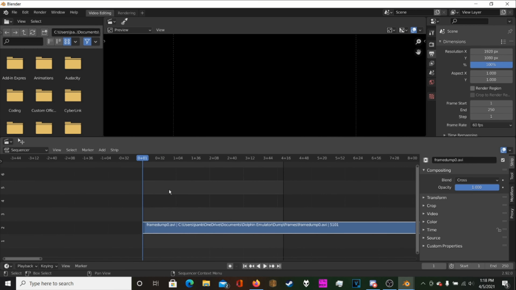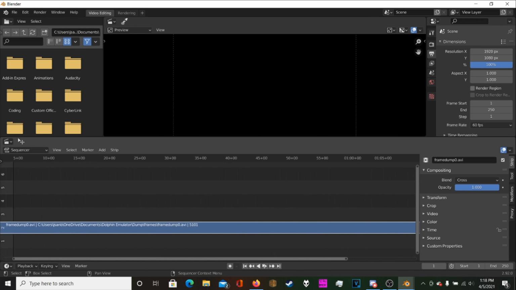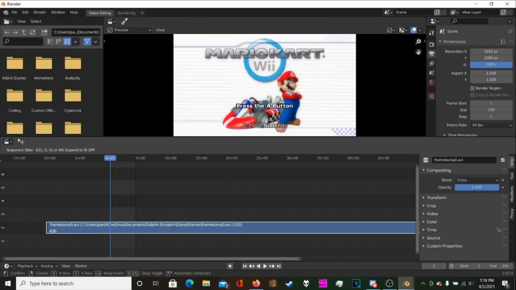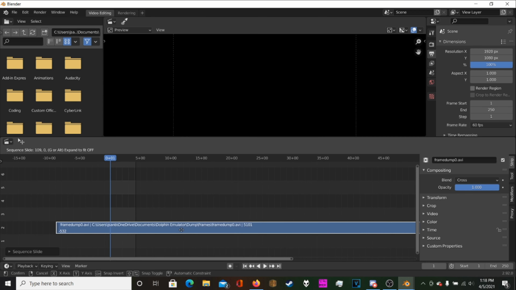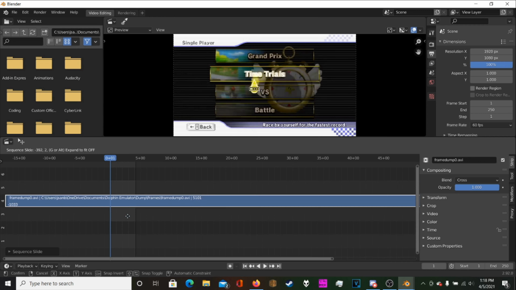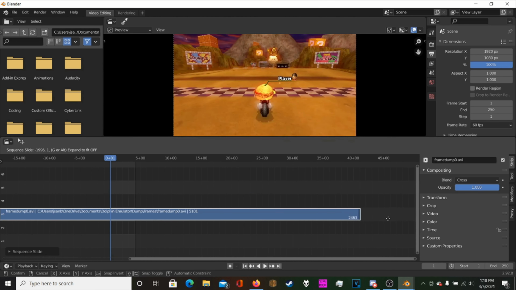And then you can change this however you want. You can adjust, like, this is way too long, obviously. So you can just choose the best parts. You can use the G key to drag the clip around however you want it. So I'm just going to trim most of this